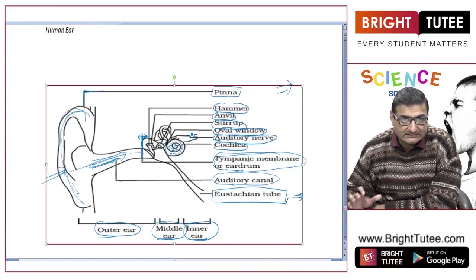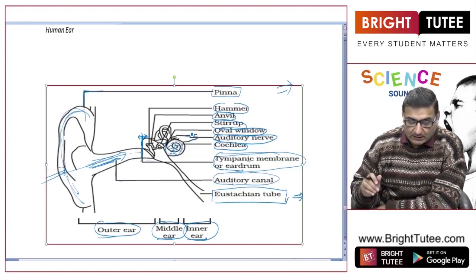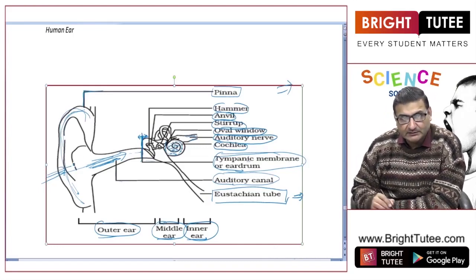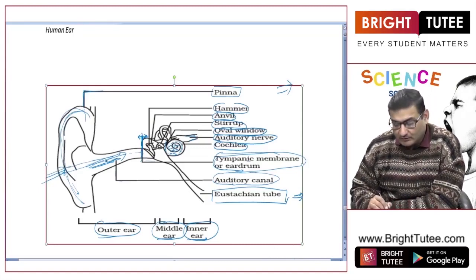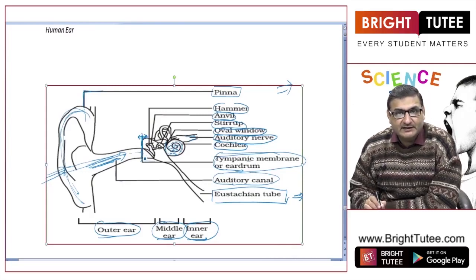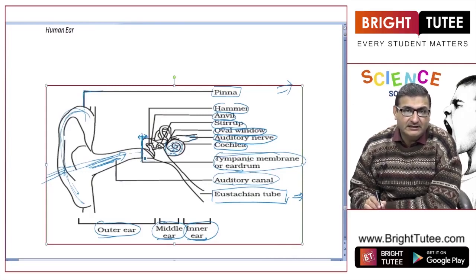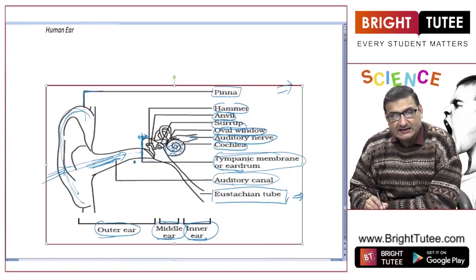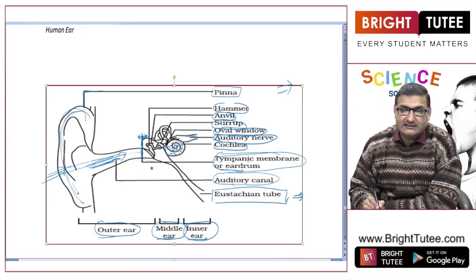Let us repeat it once again. First of all, the sound waves enter through the pinna and go through the ear canal or the auditory canal. There we have the tympanic membrane or the eardrum. The compression and rarefaction caused in the layers of air cause vibrations in this eardrum, the to and fro motion. These vibrations are carried and magnified by these three bones of the middle ear,